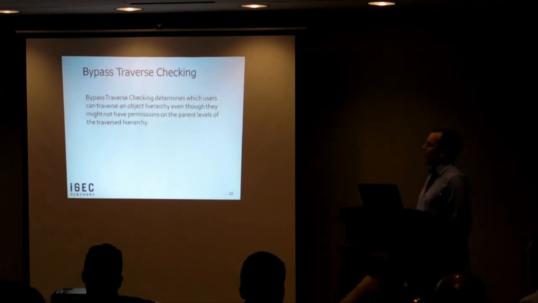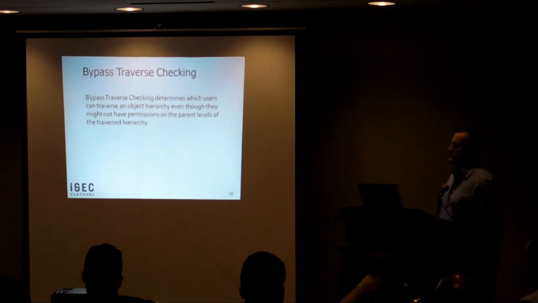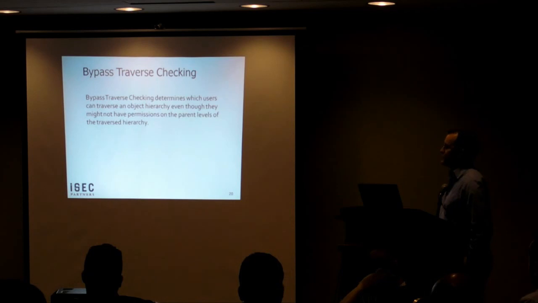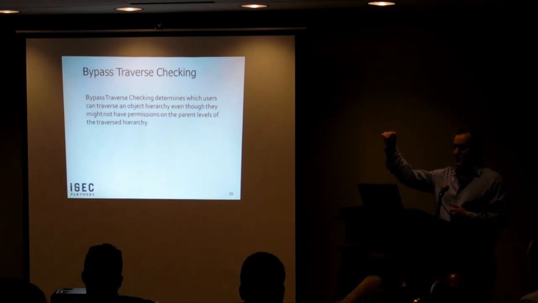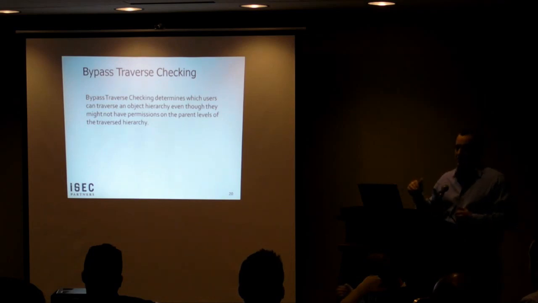So this is an important privilege in Microsoft Windows. I didn't know about a lot of these until I dove into this in the last 6 months. So, bypass traverse checking. What this means is you have a hierarchy, right? You have directories, let's say A, B, and C. And directory A